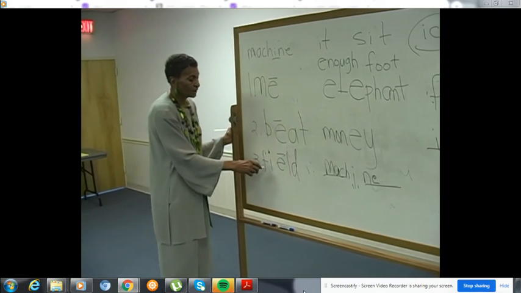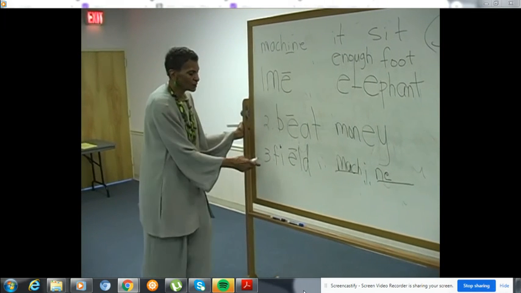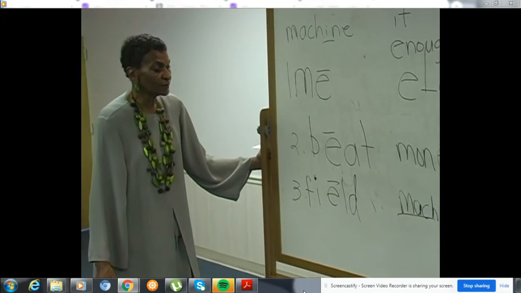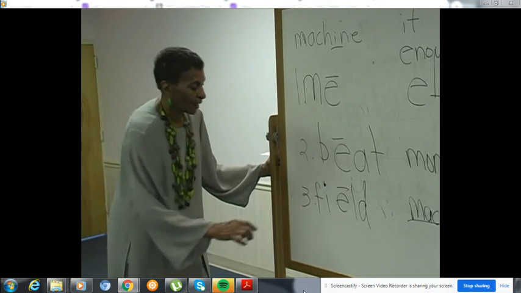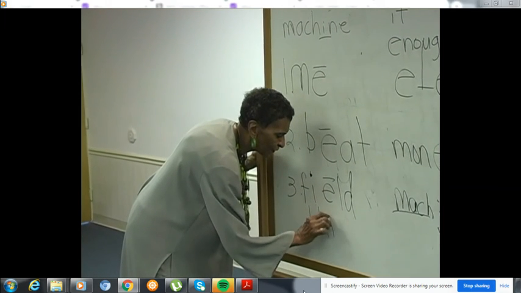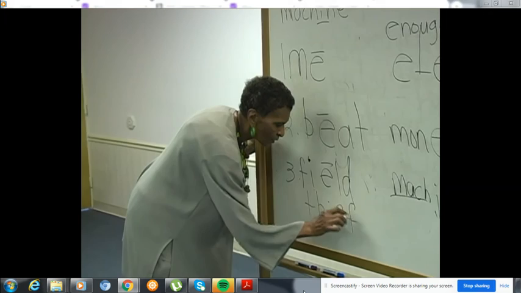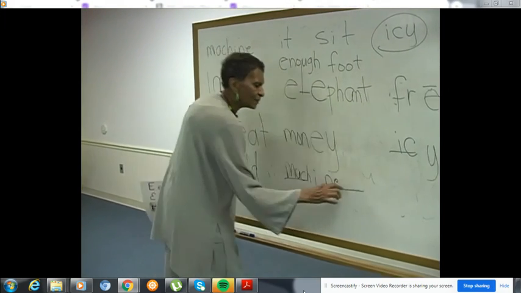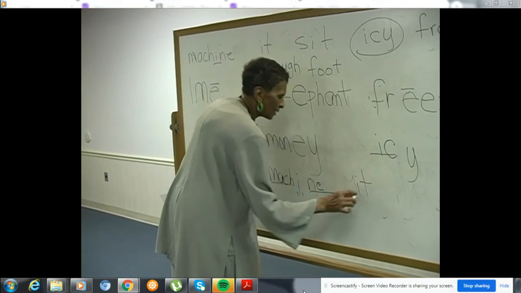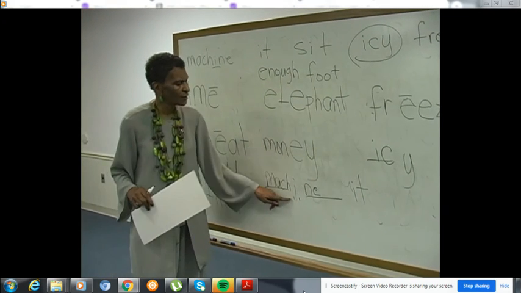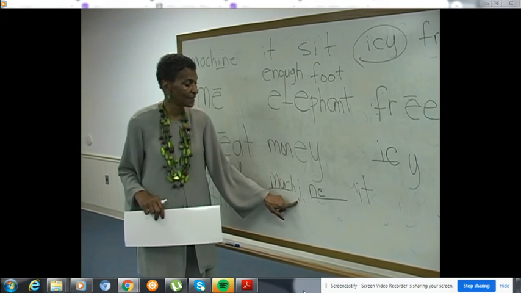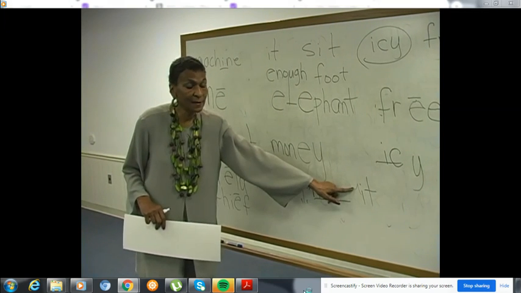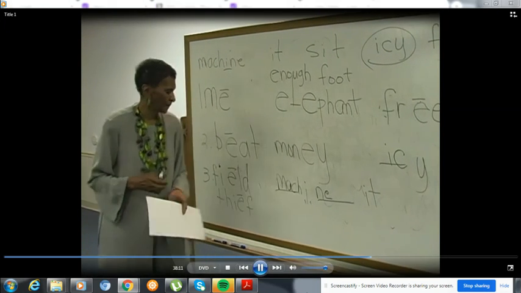Sound E, field. What do you notice about this word? The I does not speak. So we only hear the long E and feel. Another one is thief. Here, machine. Now let's look at machine. We use the two dots there to remind us that the I in machine now says E.